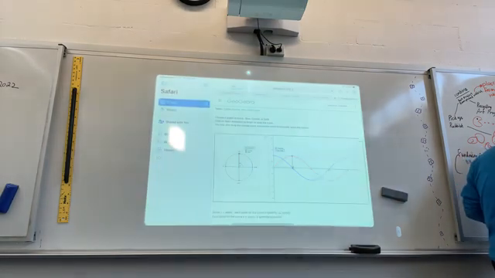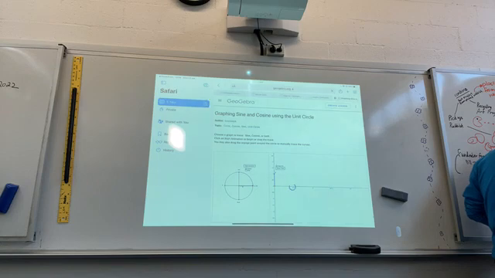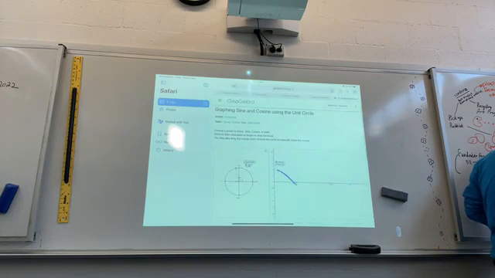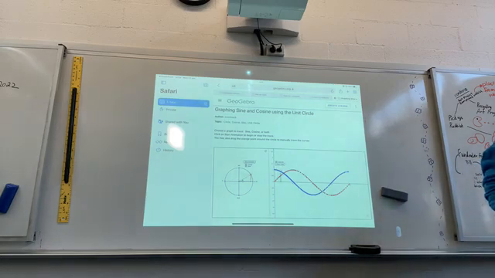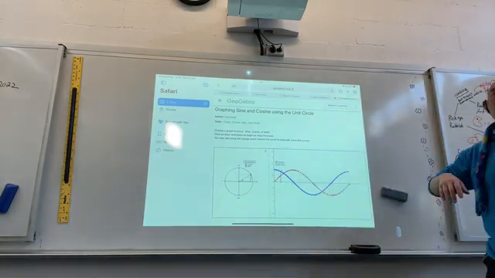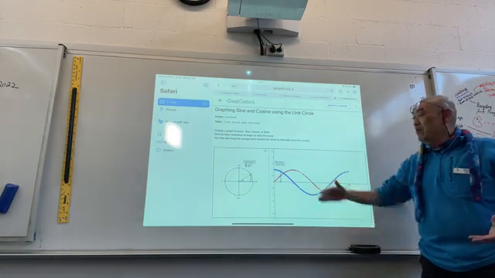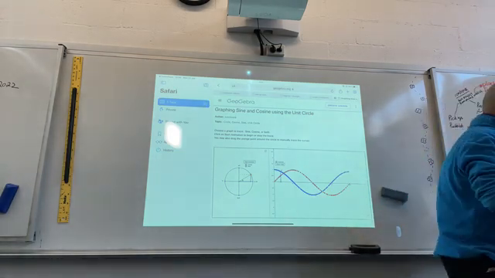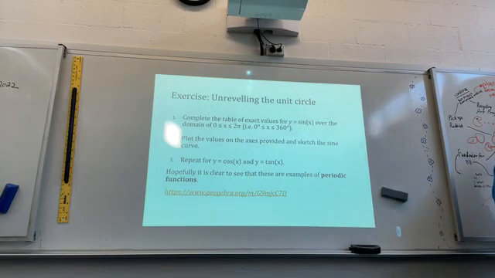Now, if I go back to here, all right. Can you actually observe, is there a maximum value for the range? And a minimum value for the range? Yes. What is the maximum? 1. Minimum? -1. Thank you. So you can see that the domain is in terms of angles, and it goes on and on. But the range goes from -1 to +1. All right? So if I go on to the next one,